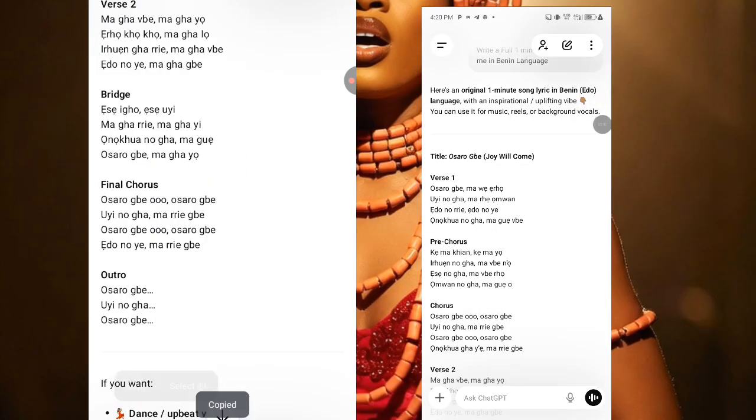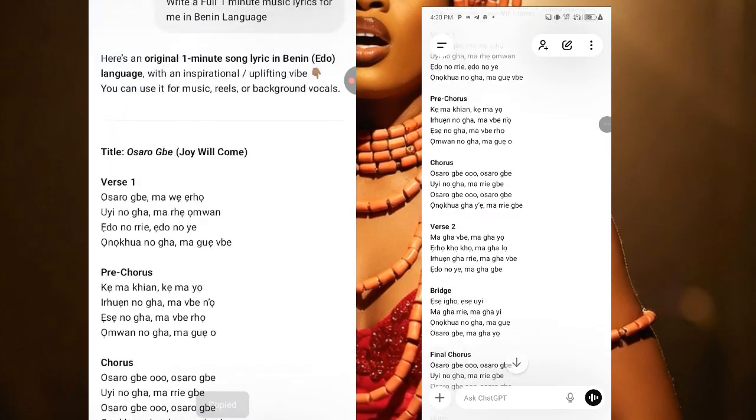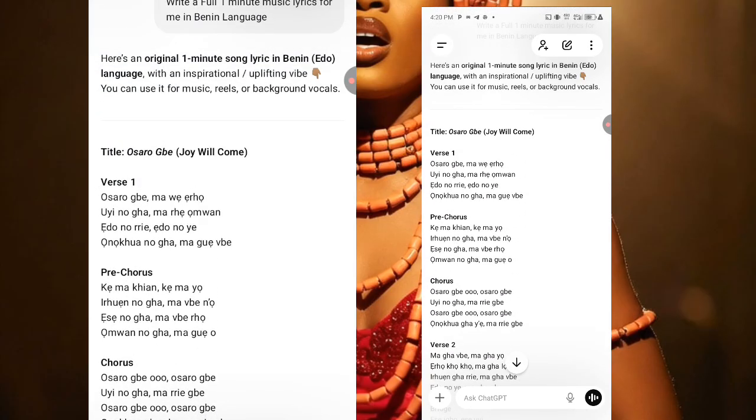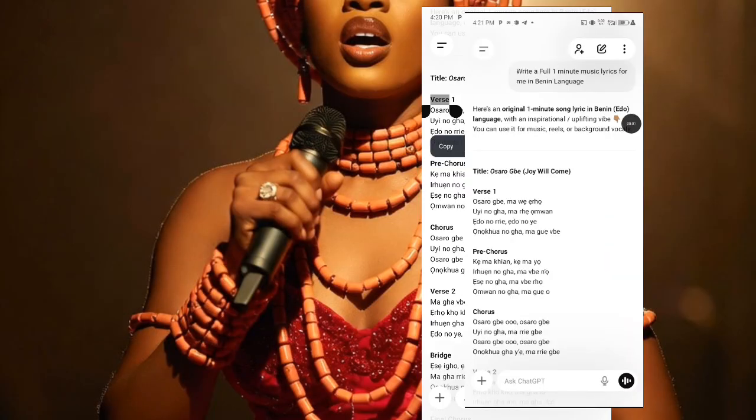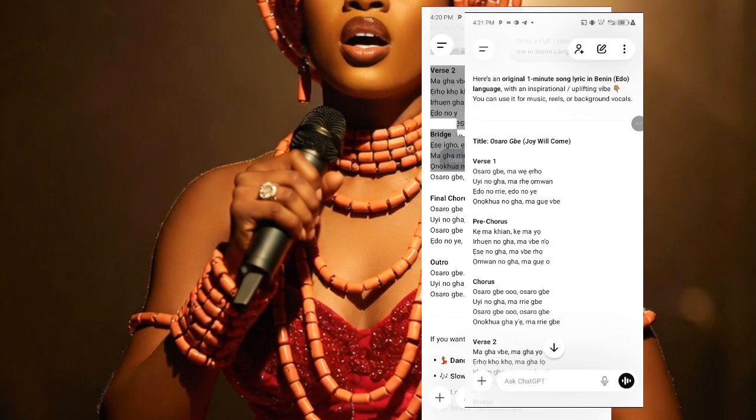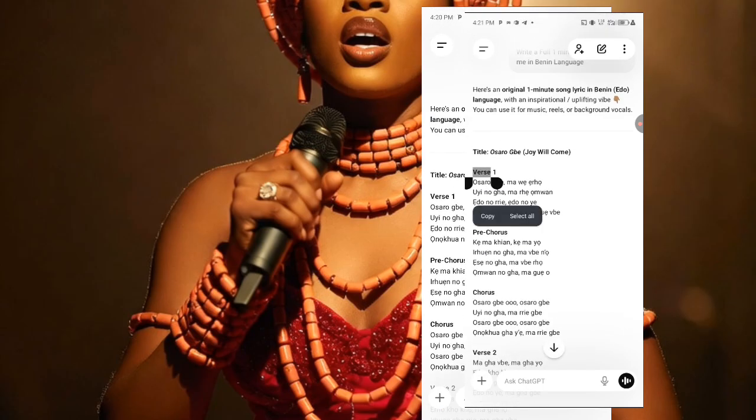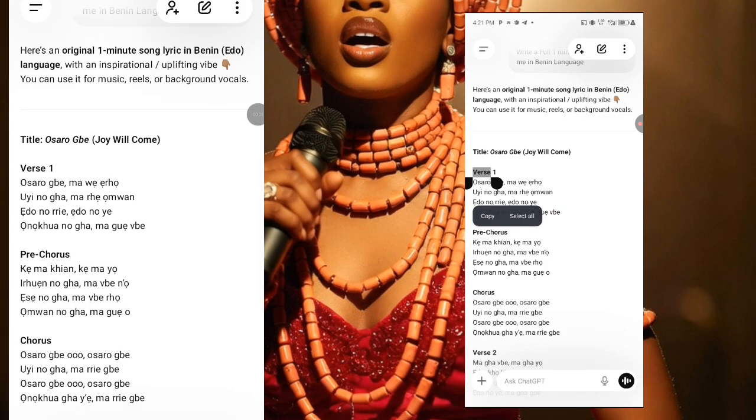Now this is the lyrics that ChatGPT just wrote for us. I'm just going to copy this. I just copy all the lyrics. Now we are going to turn these lyrics into a Benin gospel song. Now once you are done, the next thing you are going to do is just to copy